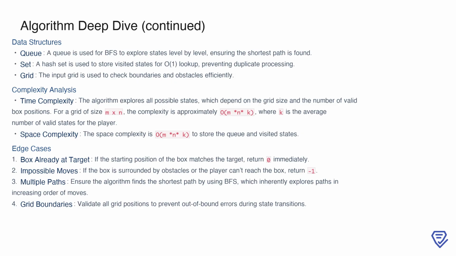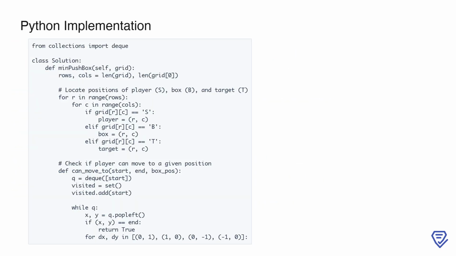transitions. Here, we begin by importing the deque class from the collections module, which we'll use for our breadth-first search, or BFS. Then, we define the minPushBox function inside the Solution class. The first step is to determine the dimensions of the grid by extracting the number of rows and columns. After that, we locate the initial positions of the player, the box, and the target by iterating through each cell